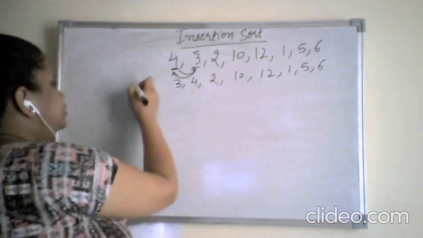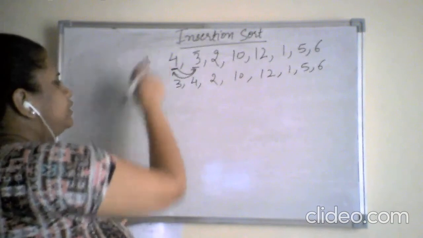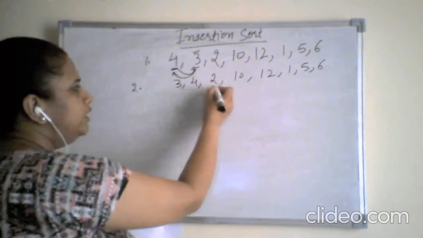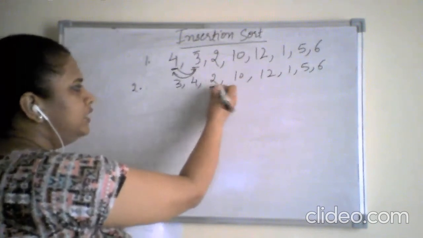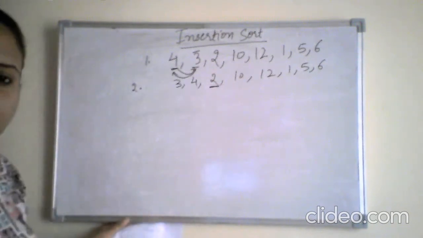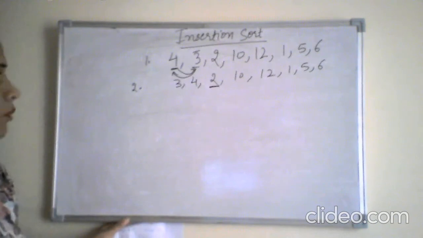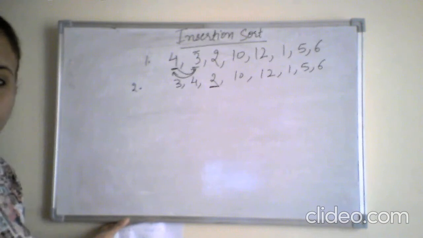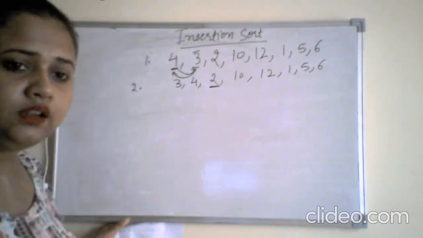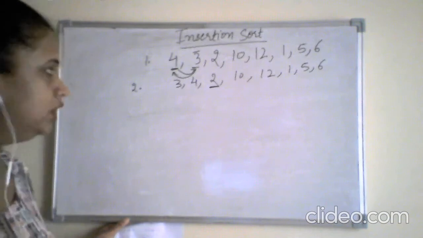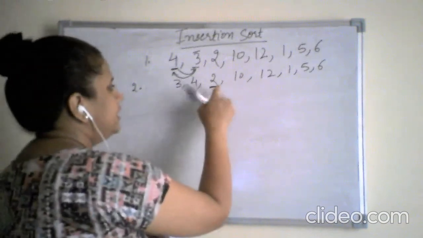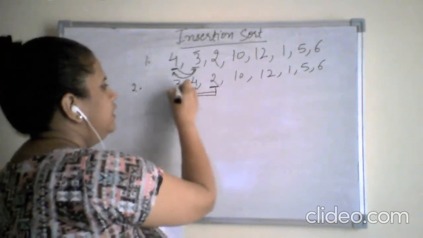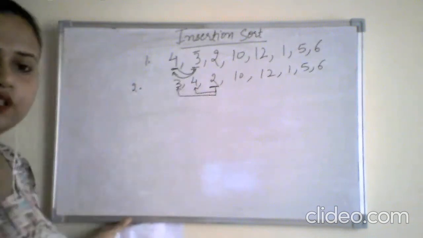Now you need to pay attention to the second step, which is very important. This is the first one. Now in the second step, my pointer was earlier around this. Now my pointer will move to the next location, that is, element number 2. When my pointer moves to element number 2, the only thing you need to keep in mind is how you do the next comparison. The next comparison will not be only with one element, it will be with all the other parts of the list also.